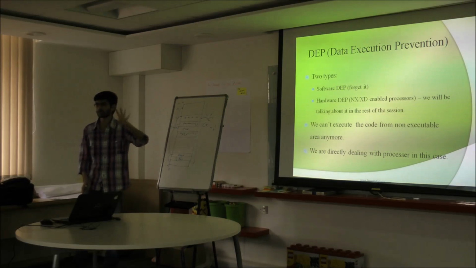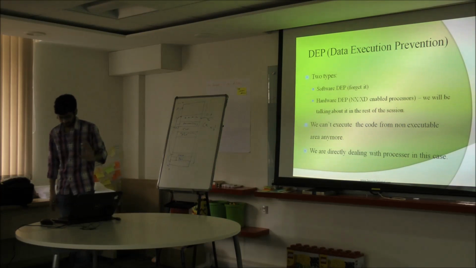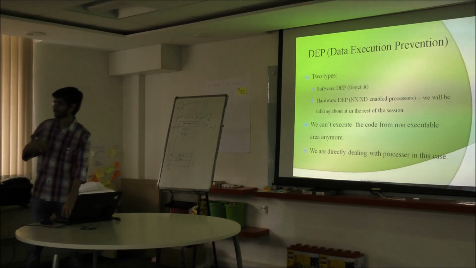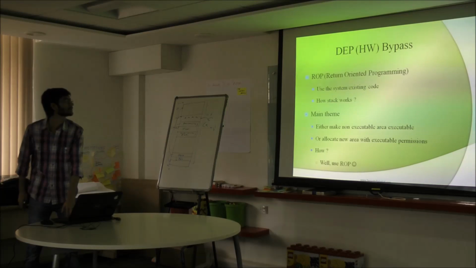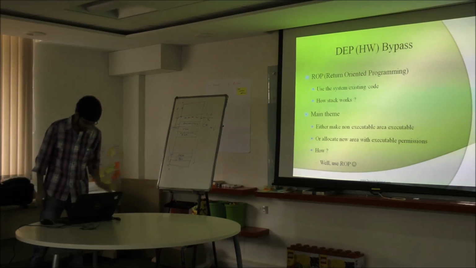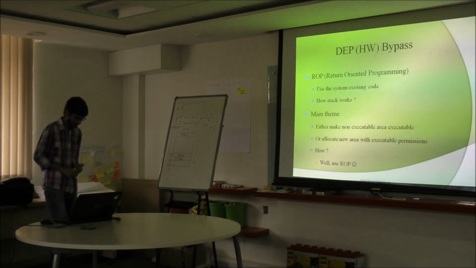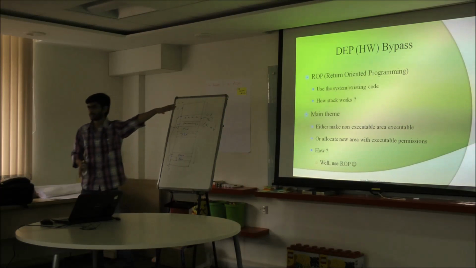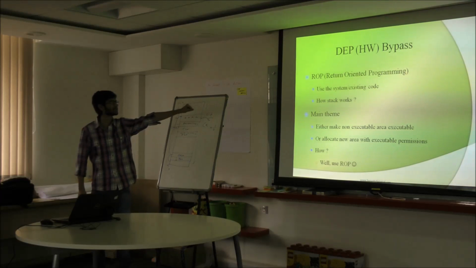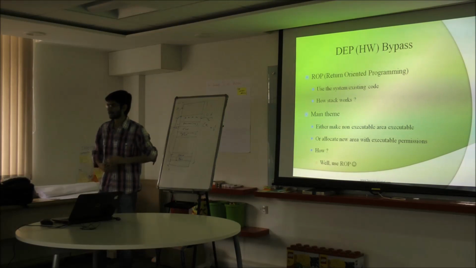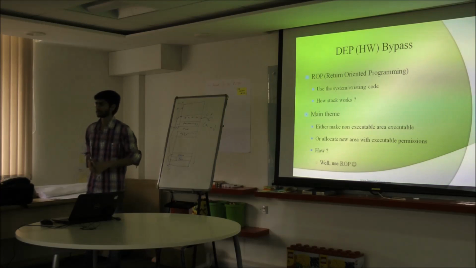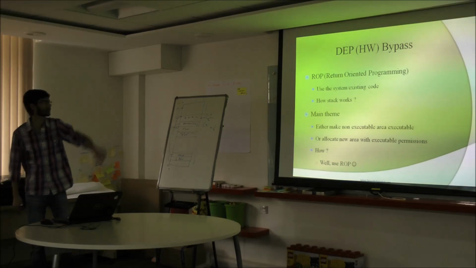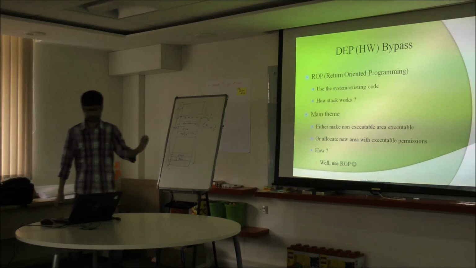I am not talking about opt-in, opt-out, or whatever methods they are using. But permanent DEP means you cannot get around this thing. You have to find a solution if you want to make an exploit. And the thing that they identified, it's not rocket science, like return-oriented programming. I think this was explained by some hardware hacker who mentioned return-oriented programming. But it's nothing. It's just like the return-to-libc that we use, just an advanced version of that. The idea is the same.